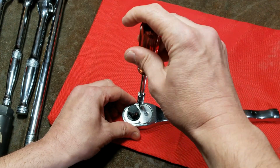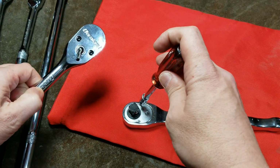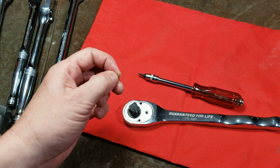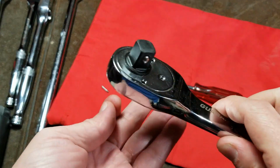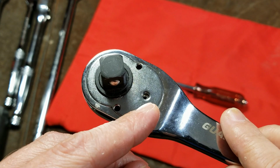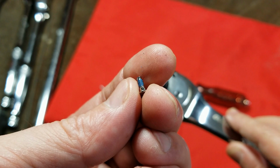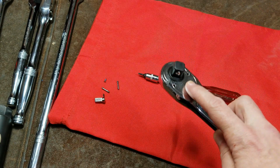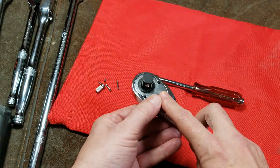Three little screws to pull this thing apart, little T9s. They're actually smaller than the T15s that are holding this thing together. Let me get these out of here. This particular design, like the Harbor Freight uses, is really annoying because they have a third screw. You always know the evidence of these because they have that weird third screw. That's the switch retention screw. The problem is that it's not one that can really be tightened, so they put Loctite in it, and you tighten it down until it just has a little bit of tension. Otherwise, and see, it really is the retention. If that screw comes out, you lose your reverse lever,